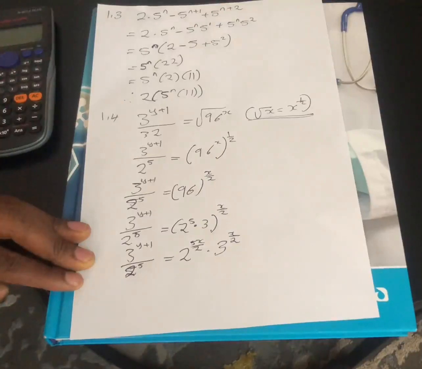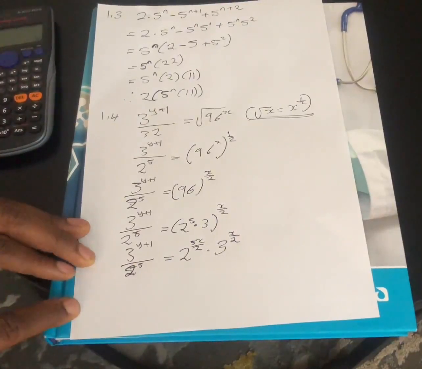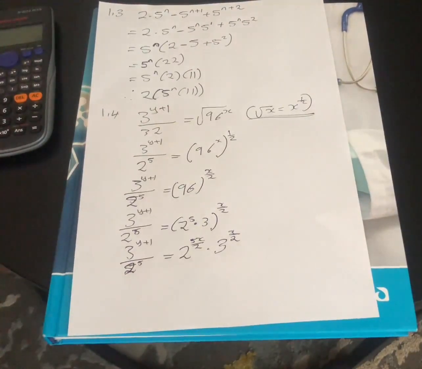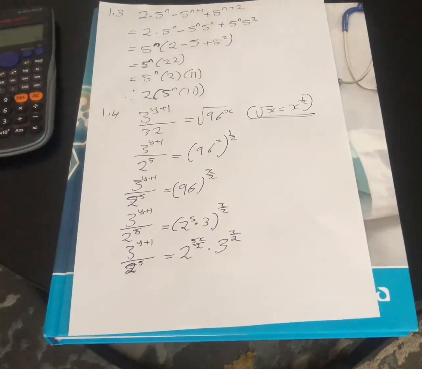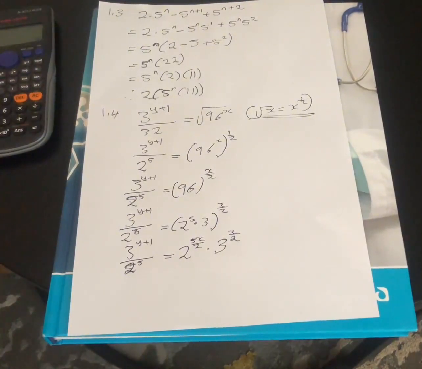We have that result. So once you reach this stage, what you need to do now is equate all the exponents of base 2 together and all the exponents of base 3 together. Then you begin to solve for x and y. So let's begin with the exponents of base 2. If you look at the exponents of base 2,